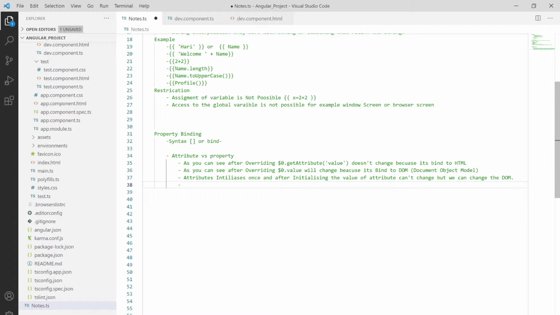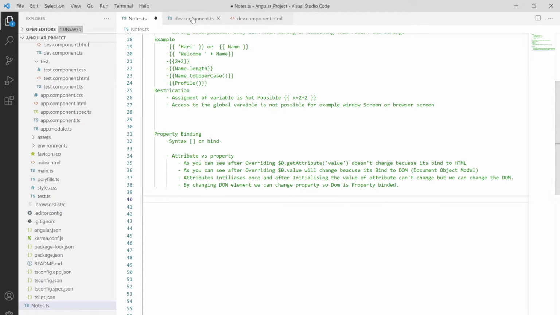By changing the DOM element, we can change the property, so DOM is property bound. And the attribute is HTML bound, or it's just initialized once.